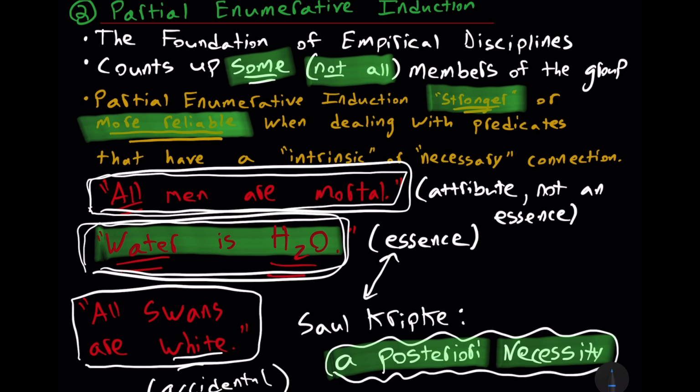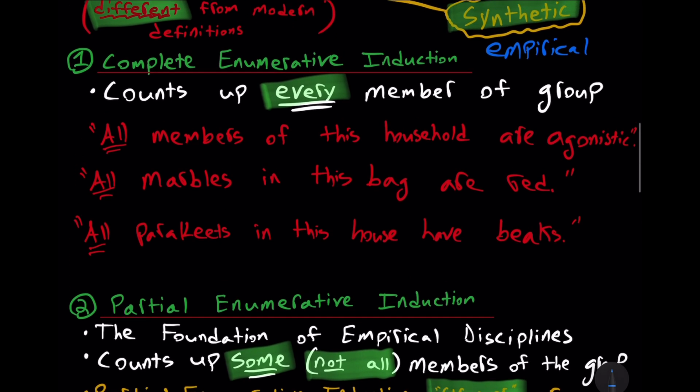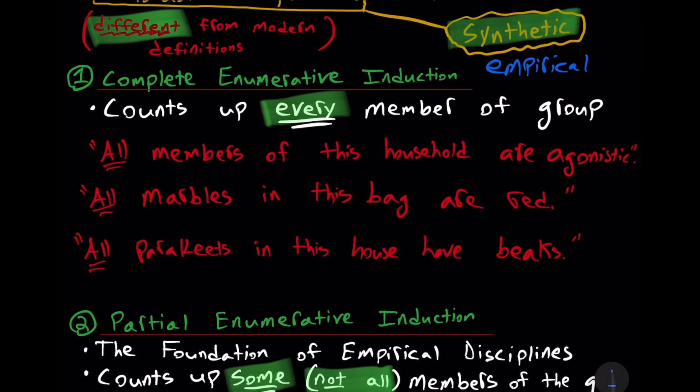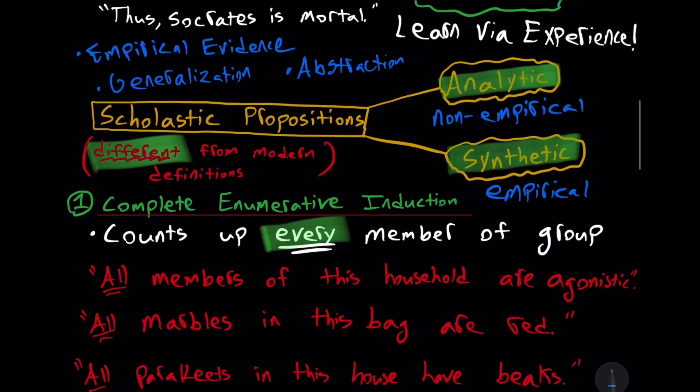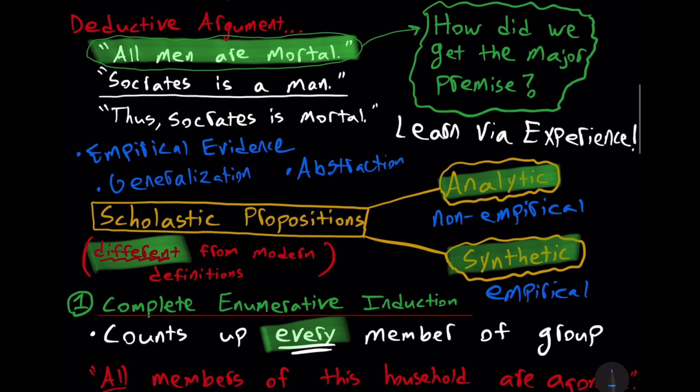And in fact, when it comes to accidental features, it might be that the various things of a class of things have contradictory attributes. That is to say, they differ, okay? For example, maybe they differ in the various colors. But we could make some kind of statistical statements about X percentage is this color, X percentage is that color, and so forth. Additionally, we talked about complete enumerative induction. Here, every member of the group has been observed. Finally, we considered how deduction depends upon premises. Often these premises are found with induction for synthetic propositions rather than analytic propositions.